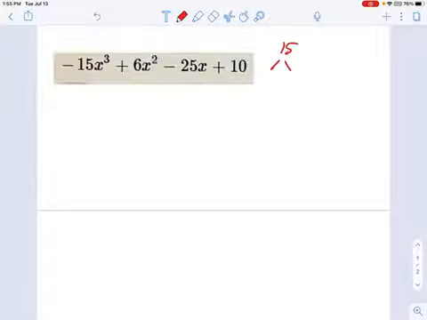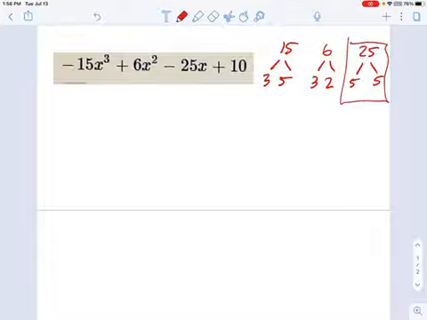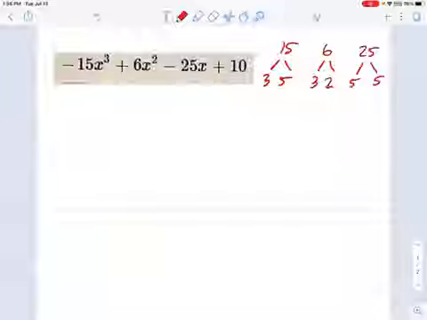15, we've got 3 and 5, okay? 6, we've got 3 and 2, and you may be thinking, hey, 3 looks pretty good. 25 factors down into 5 and 5, and at this point, you see we can get no greatest common factor. We don't even need to look at 10, because if you look at 6, that's just 3 and 2, right? Well, there's no 3 and 2 in 25, so there can be no greatest common factor between all of these